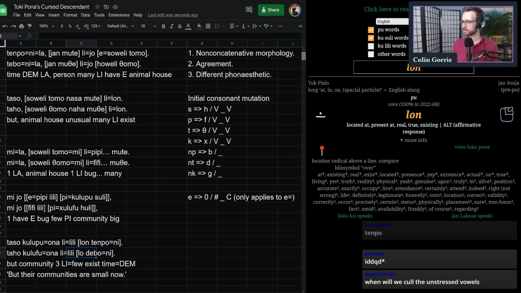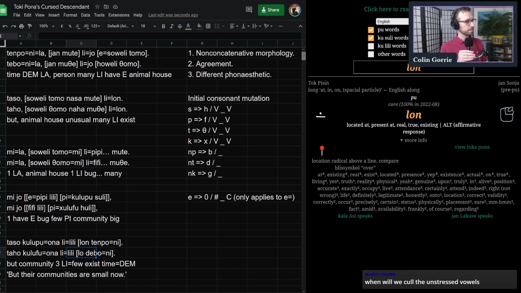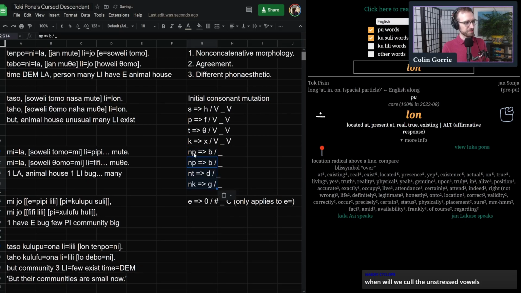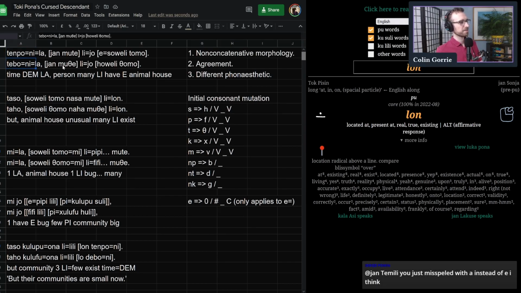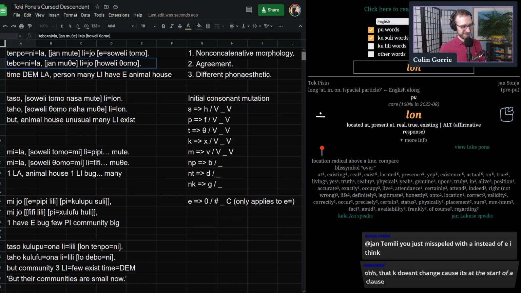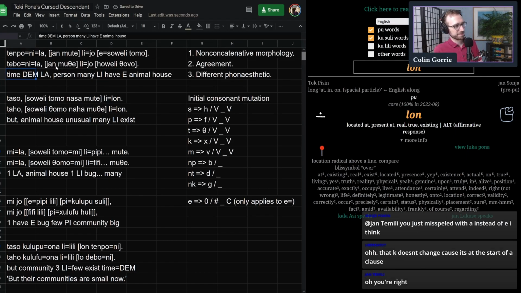All right. Okay, so here we are. Now, I think we need to do something, just because we're using Celtic languages as our inspiration, I think we need to do something a little fun, which is M to V. Just to get the full effect. So, tempo ni la yan muthe liyo hoelithovo. Excellent. And here the M is protected by the N. Taho soelithovo